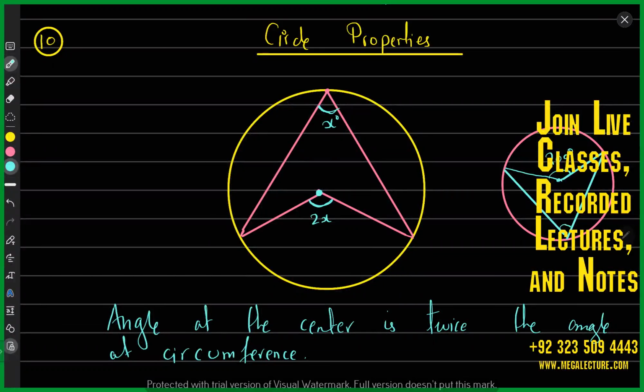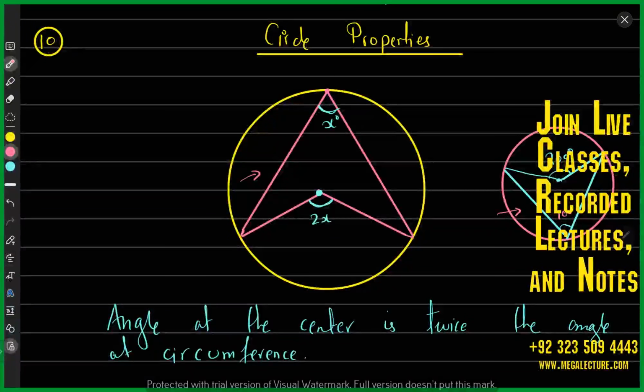Now obviously it's not necessary that this kite shaped thing is being made like this. It could be like this as well. The only rule this property has is that the two angles should be at center and circumference. Center and circumference. Okay, so if that is 200, this is going to be